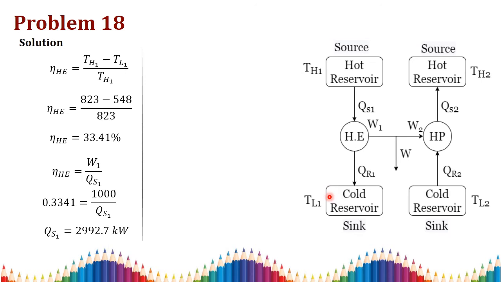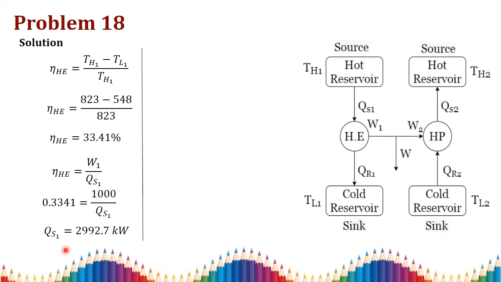Then the efficiency will be work done divided by heat supplied. This work done is given as 500 kilowatt. In the question they have stated that whatever work is taken out from the heat engine is supplied half to the generator and half to the heat pump. So this generator work is 500 kilowatt, which is the half amount of work. Then the full amount of the heat engine work is 1000 kilowatt. This 1000 kilowatt is split into the generator 500 kilowatt, and the other 500 kilowatt is given to run the heat pump. So work done 1 is 1000 kilowatt.